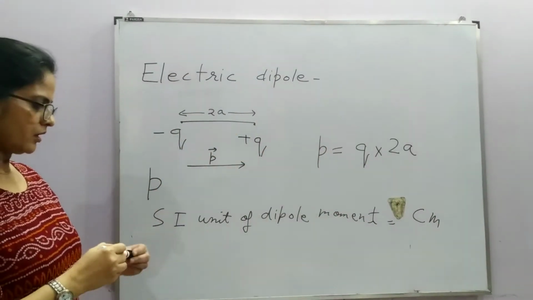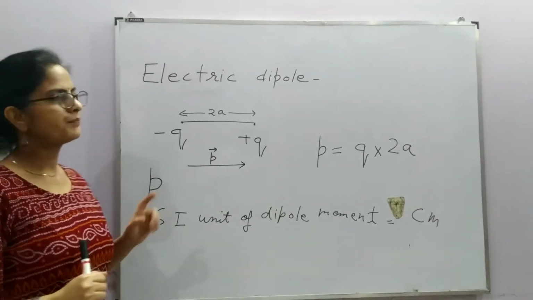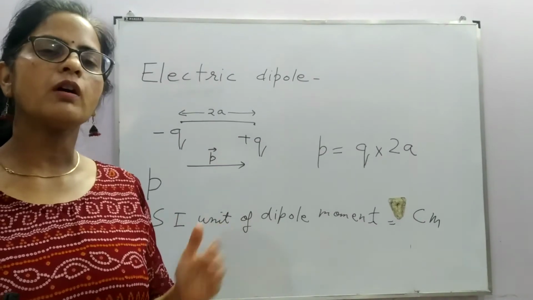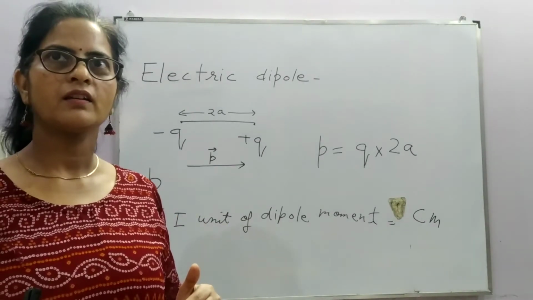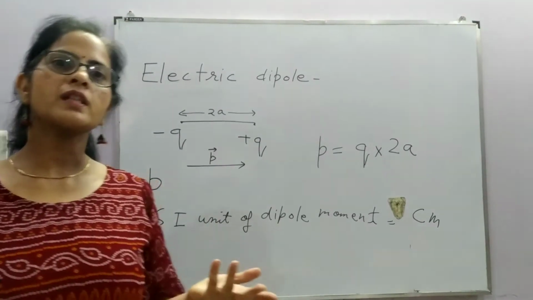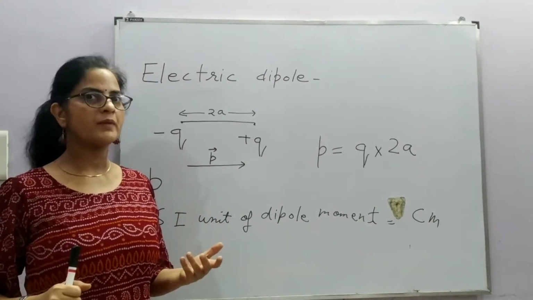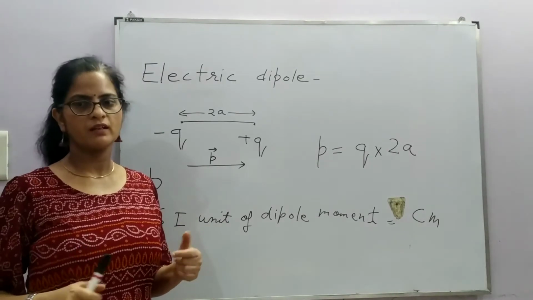Right? Now we will study about the electric field due to an electric dipole at a point on its axial line. So we need to study what we mean by an axial line and what we mean by an equatorial line. So for that,